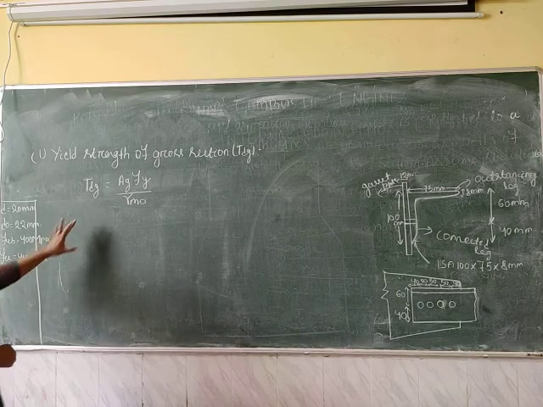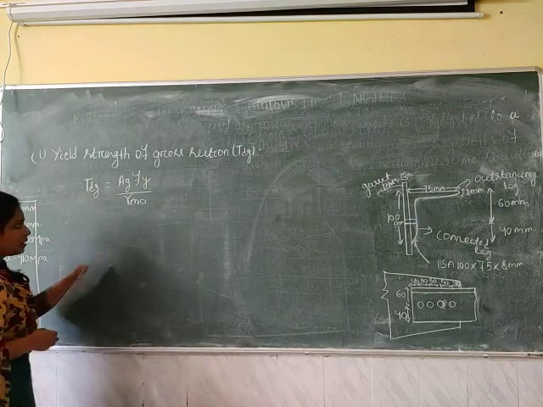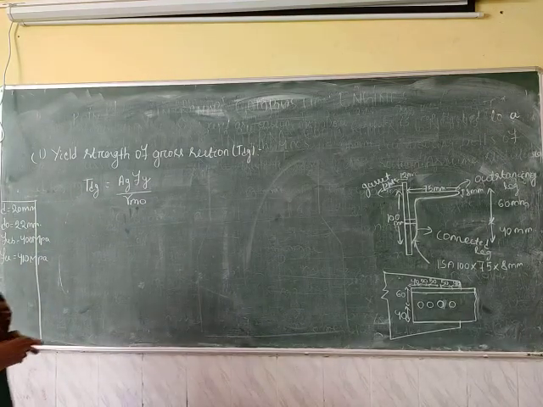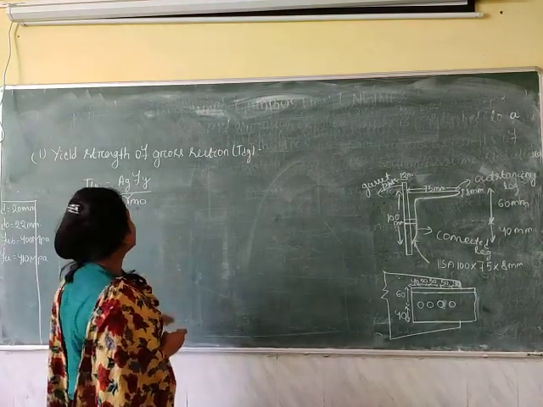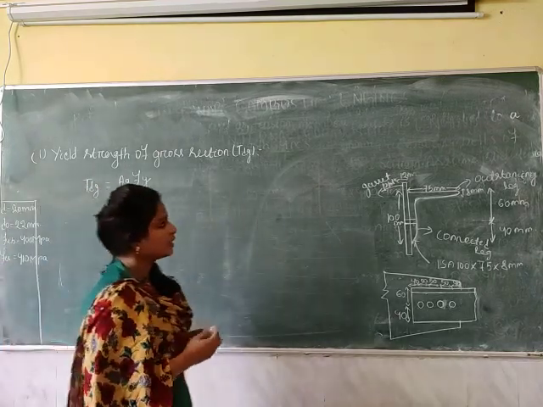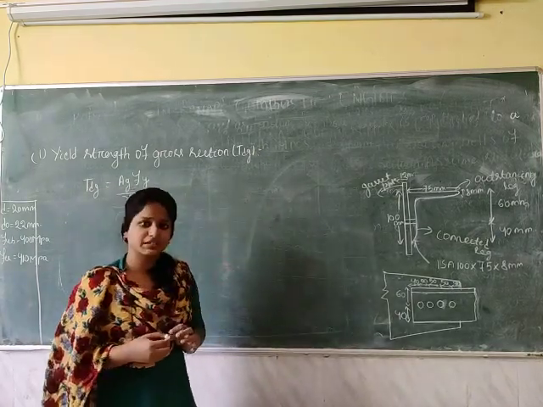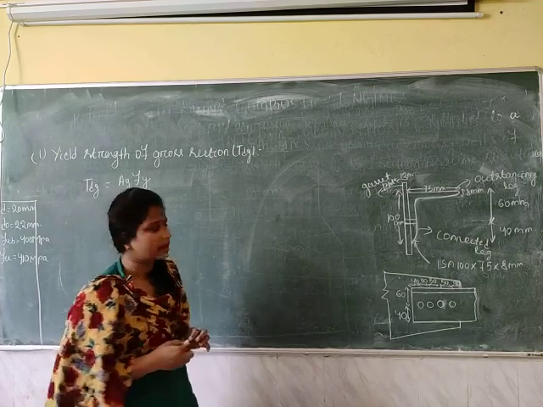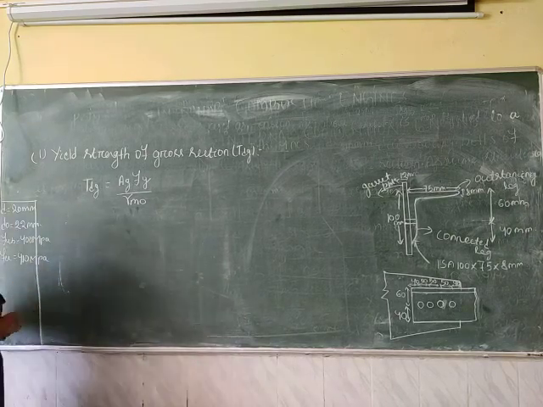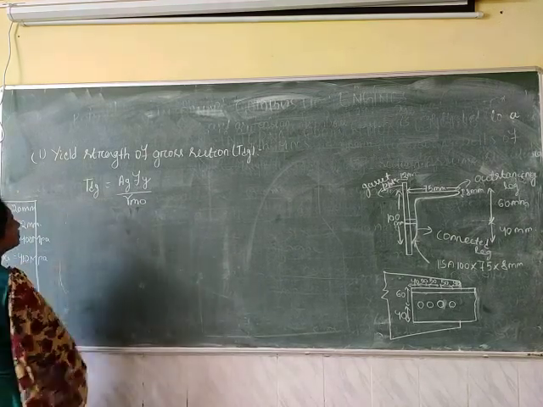So here Fy is 250 megapascal, gamma m naught is 1.1, and Ag is the gross cross-sectional area. Here the angle section is given as 100 into 75 into 8 mm. For this angle section, you can get the gross cross-sectional area from the steel table. So check the steel table for the gross cross-sectional area of ISA 100 into 75 into 8 mm.